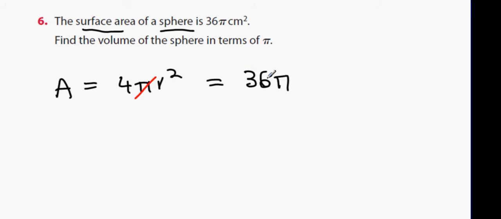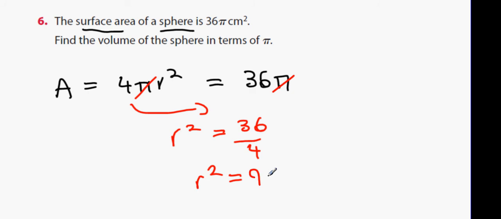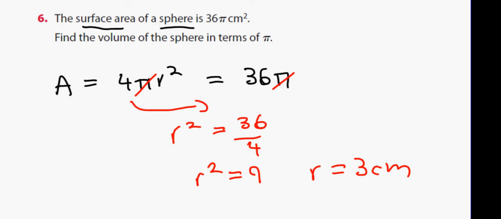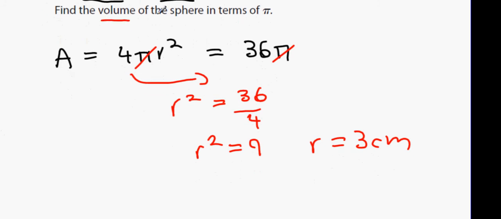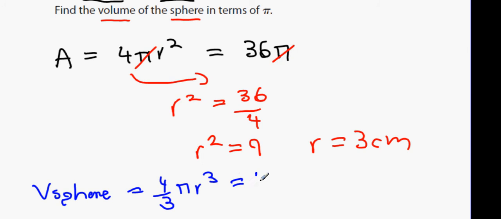The pi's will cancel. I'll bring the 4 underneath. R squared equals 36 over 4. R squared equals 9. Therefore R has to equal 3 centimeters. Now that we found out that R is 3 centimeters, find the volume of the sphere. The volume of the sphere formula is 4 over 3 pi r cubed, 4 over 3 multiplied by pi multiplied